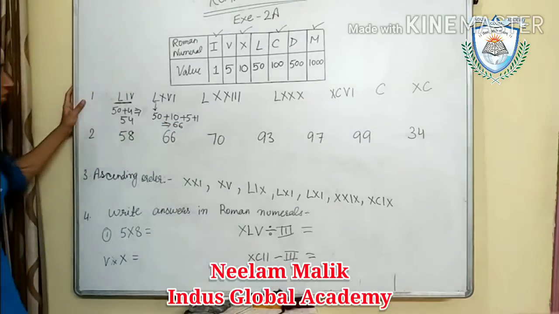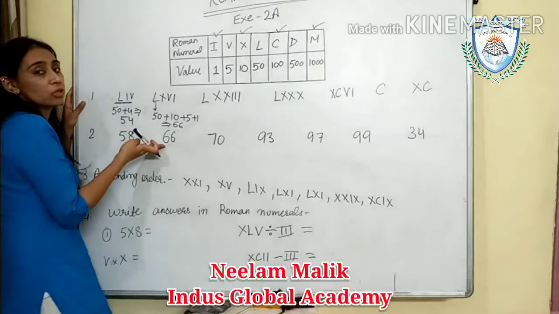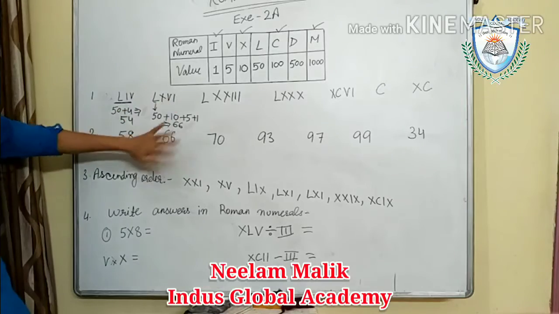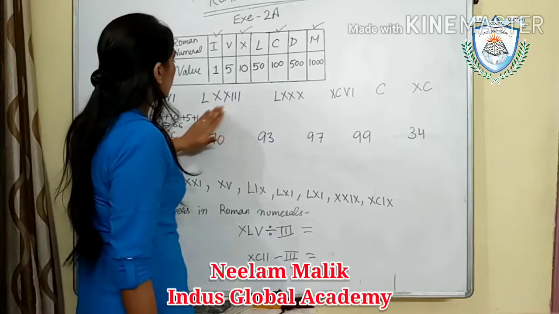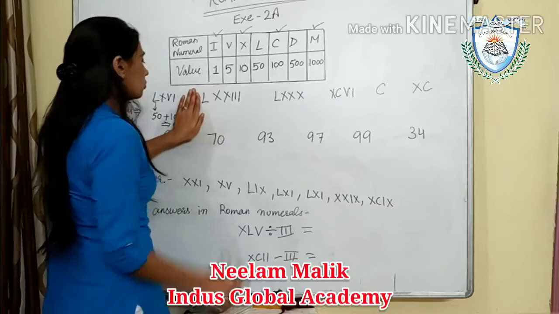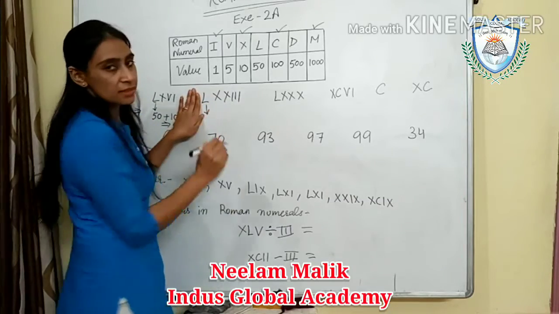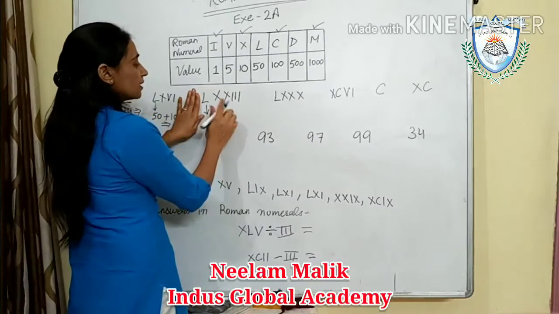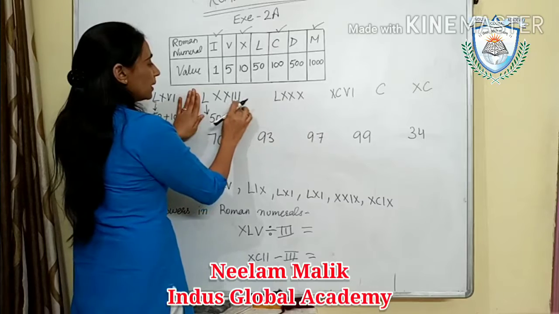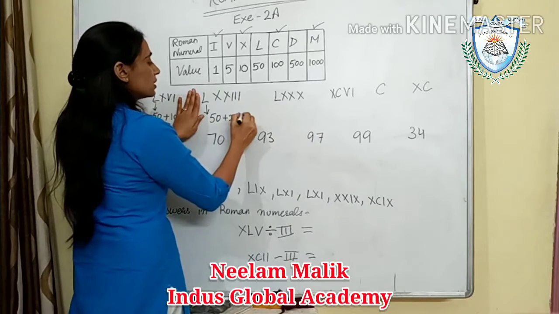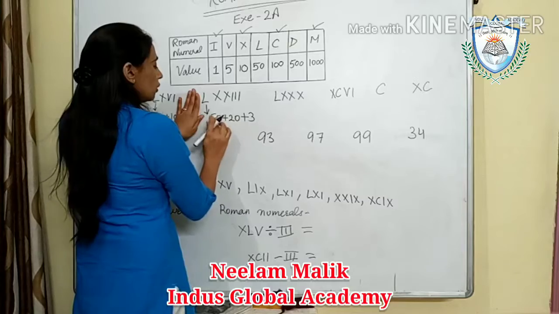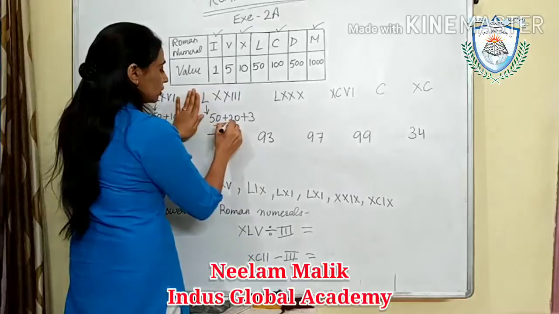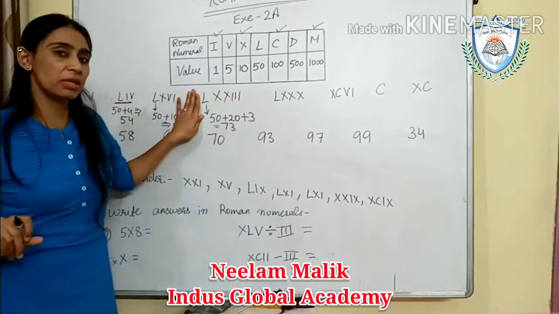So this is your 66, and 66 is also given here. I will tell you how to convert 66 into this. First, now LXXIII. You know L means 50. So this is 50 plus XX means 20, plus these three means 3. Here is 50 and this 20, 70 plus 3, 73. So this numeral means 73.